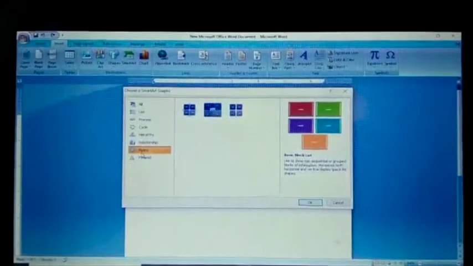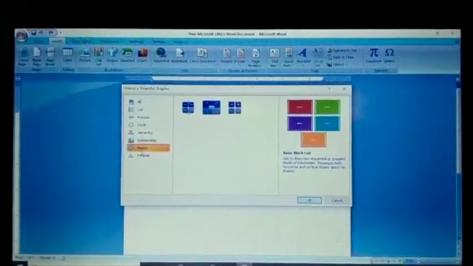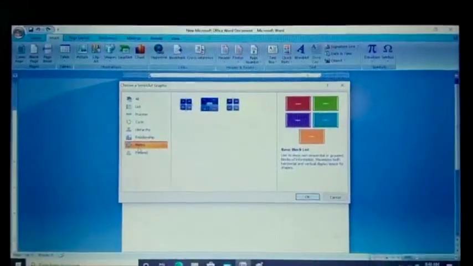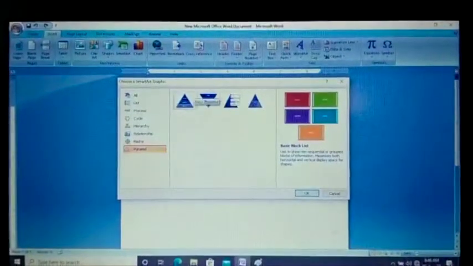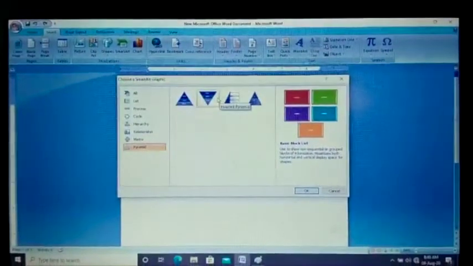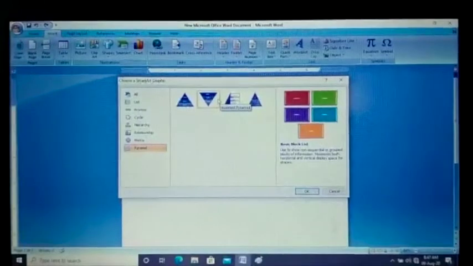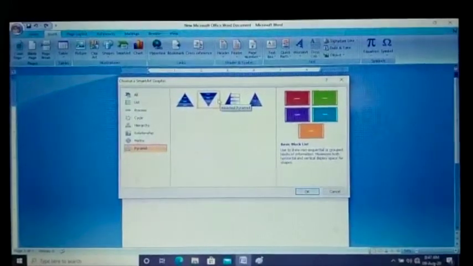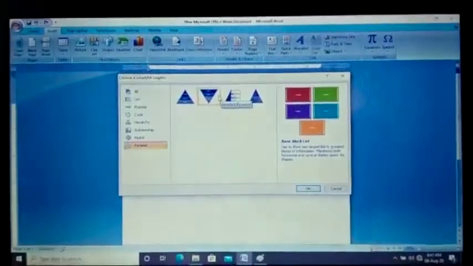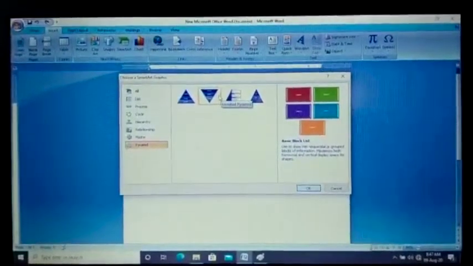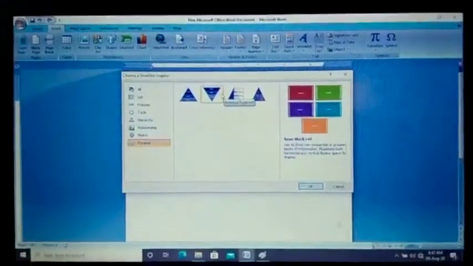Next, Pyramid. Information is about proportional relationship. One more, Picture. Information is to be expressed using pictures.